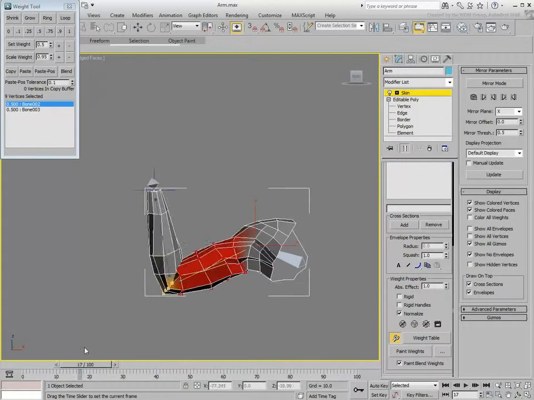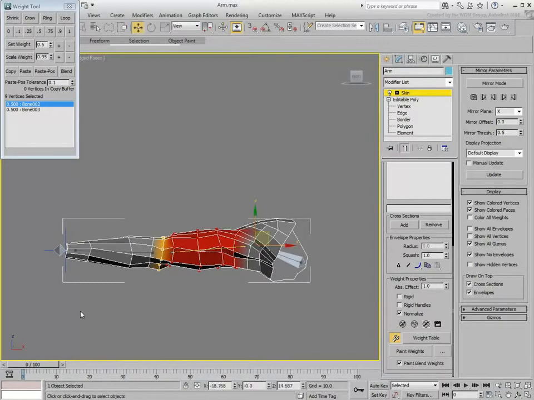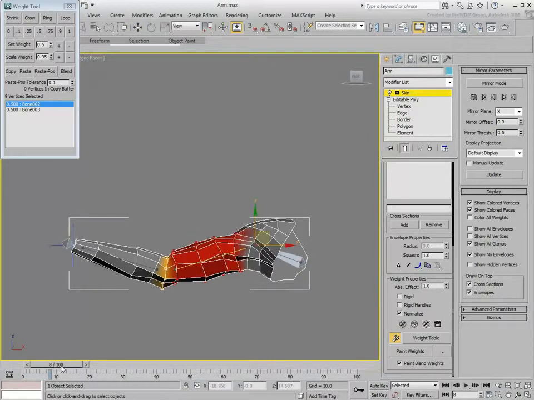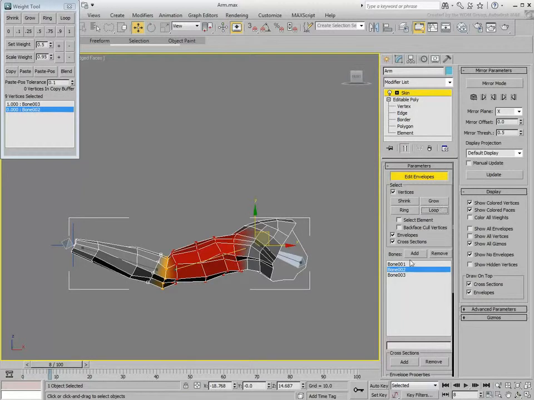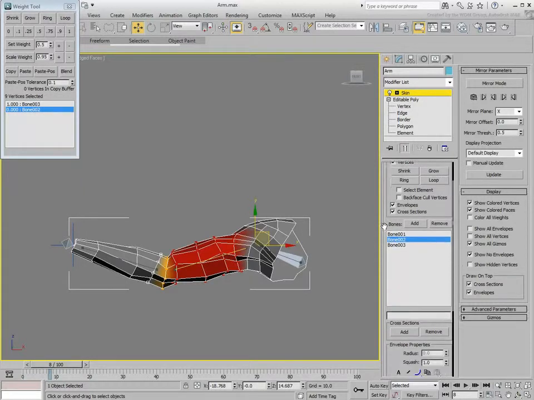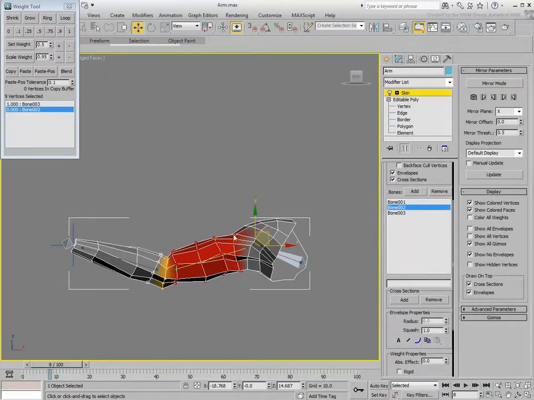Let's refine the elbow area a little. Select the next loop in line. All you need to do is to select a couple of vertices and then click the loop button. Again, the selected vertices show 100% influence of bone 03. They should be slightly affected by bone 02 as well, although only slightly. With the vertices selected, select bone 02, the upper arm, and use one of the presets such as 0.1, 10%,